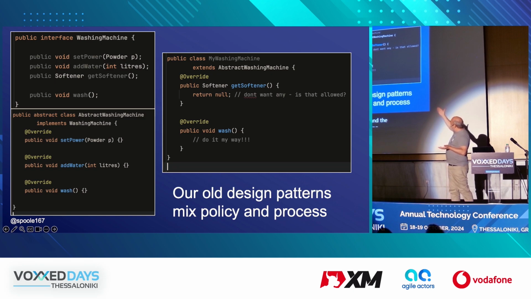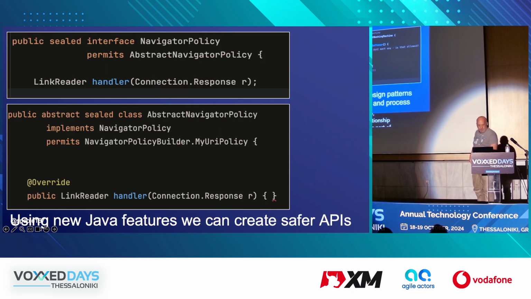Right? When it says get softener, you might go, well, how much water's in the machine? What does the abstract washing machine tell me? Don't know. Can't get the data. Right? Okay, maybe you'll guess. So its relationship is wrong. You're asking it to be part of the machine, and that's not what you need. Right?